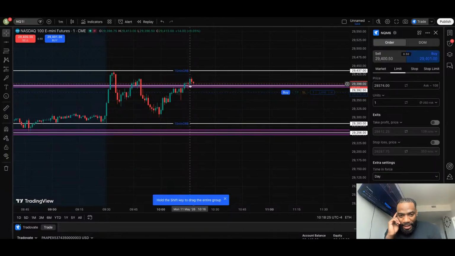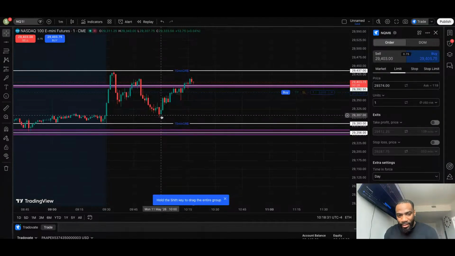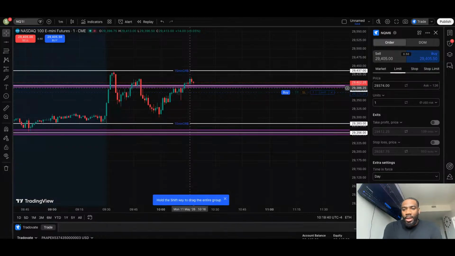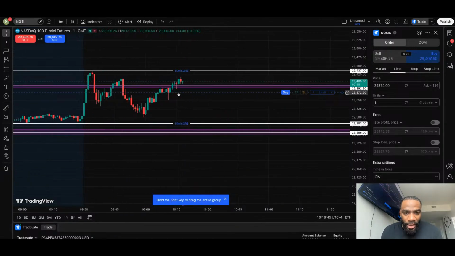I just feel like it's not really at the discounted price that I'm looking for. Down here is the discounted price I'm looking for, and it came kinda down here, and I coulda got an entry, but I would've been in the middle of no man's land. I almost got in, but fortunately, I put in a pending order, and so it didn't execute. See, it's showing that it's supporting off the 1 minute,